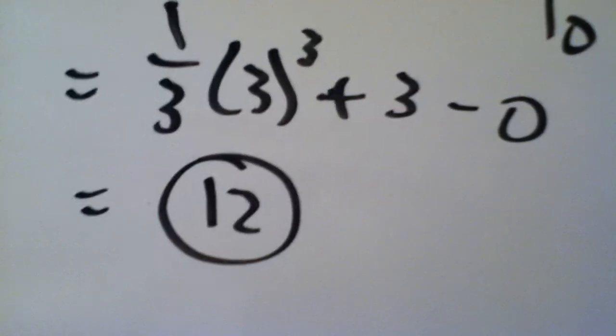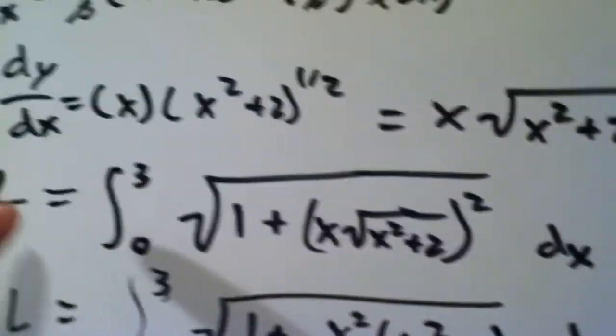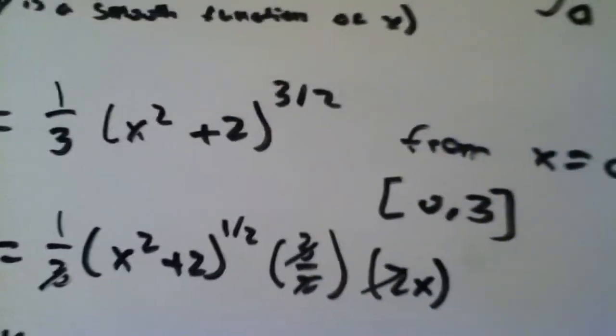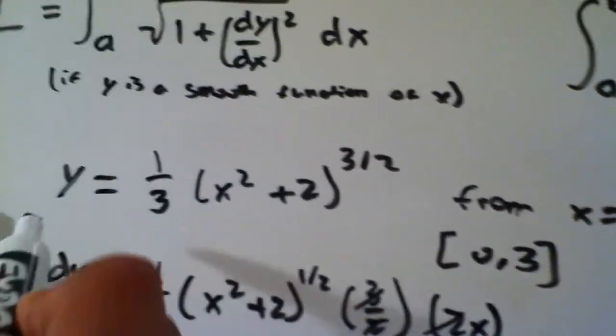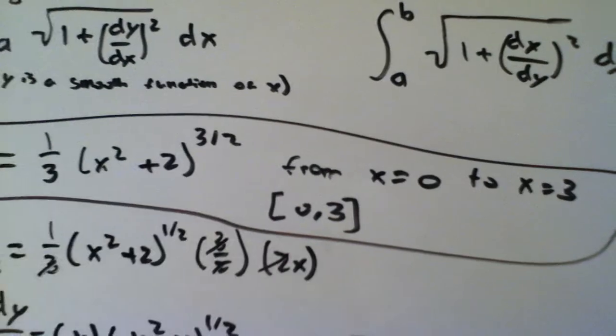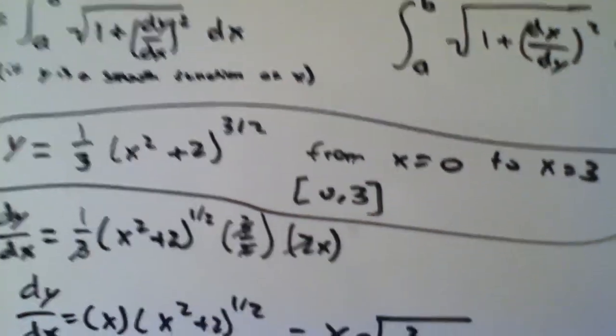So in the end, the length of the curve of this equation right here from 0 to 3 is just